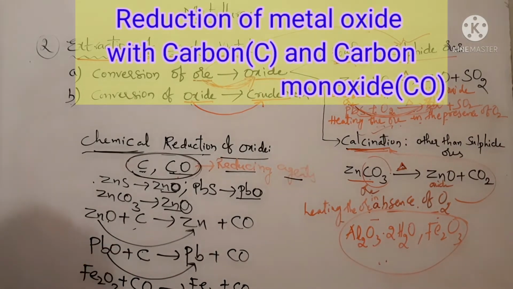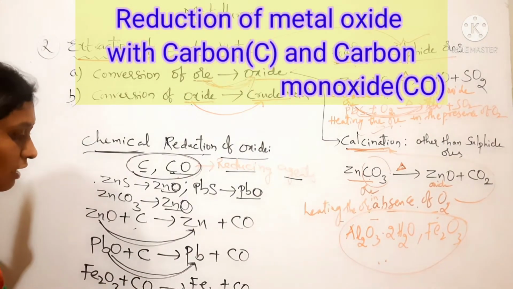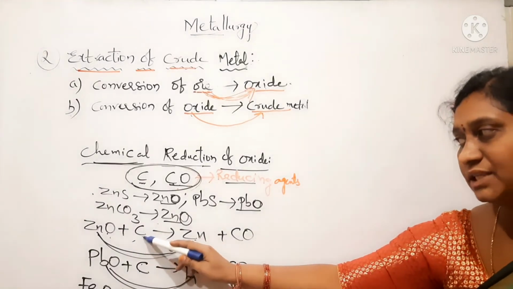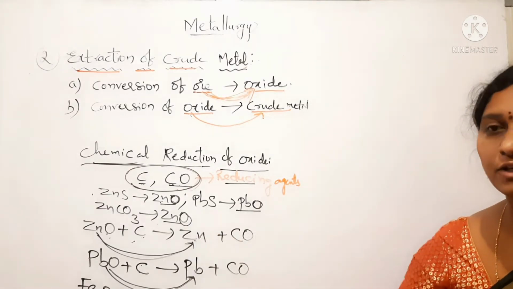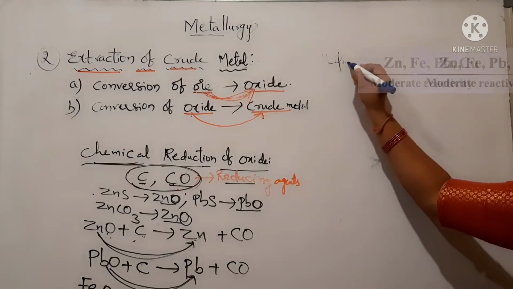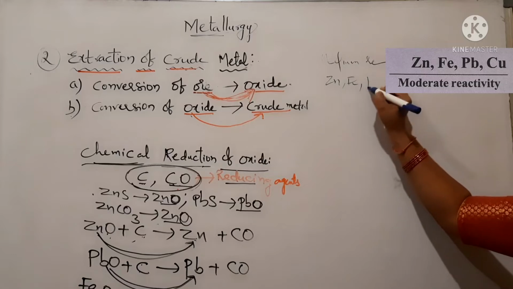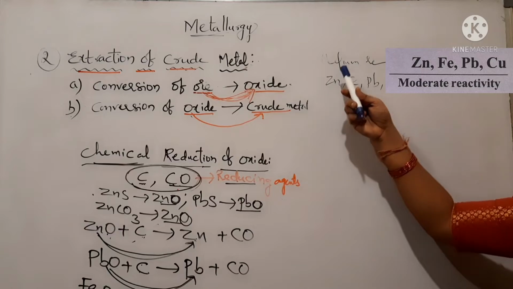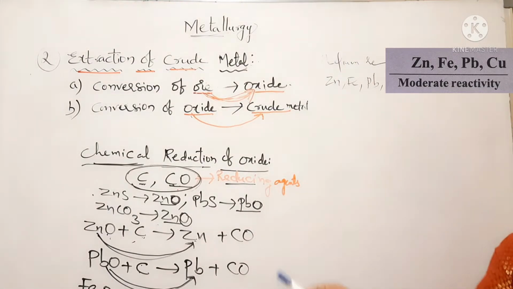Okay, this is how reducing agents like C or CO convert the metal oxides to crude metals. This reduction of oxide to metal by using a reducing agent like carbon or carbon monoxide is called chemical reduction. These methods are mainly used for medium reactivity elements like zinc, iron, lead and copper. That means in order to extract medium reactive crude metals, we go for chemical reductions by using C and